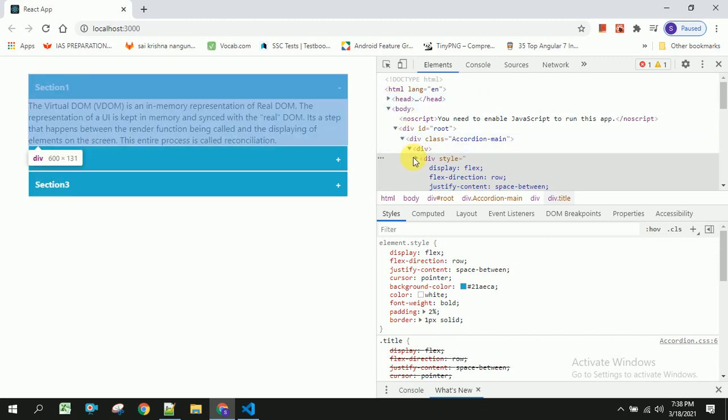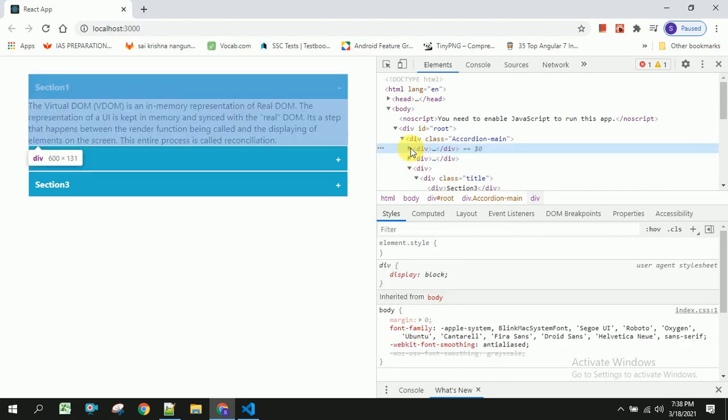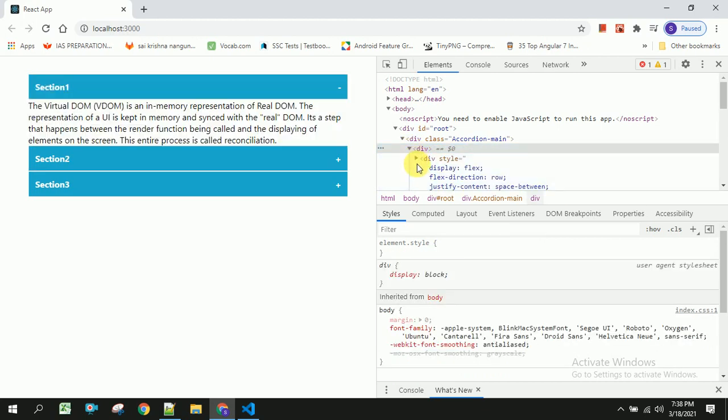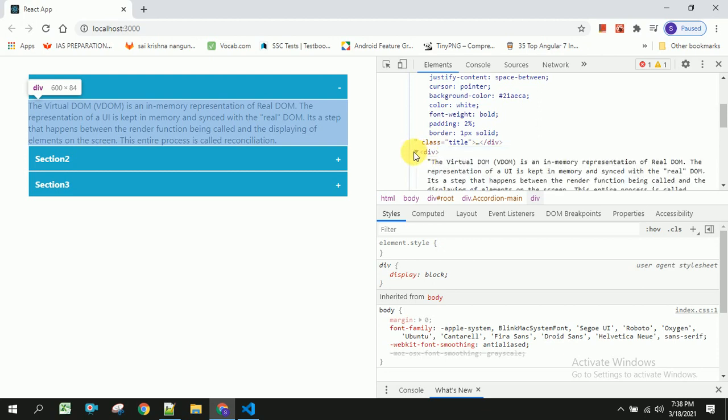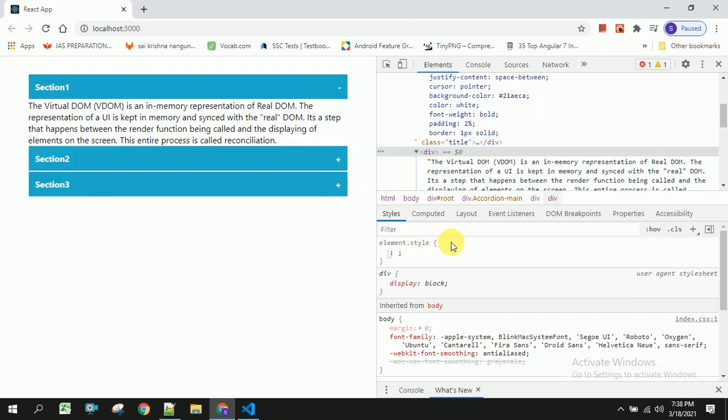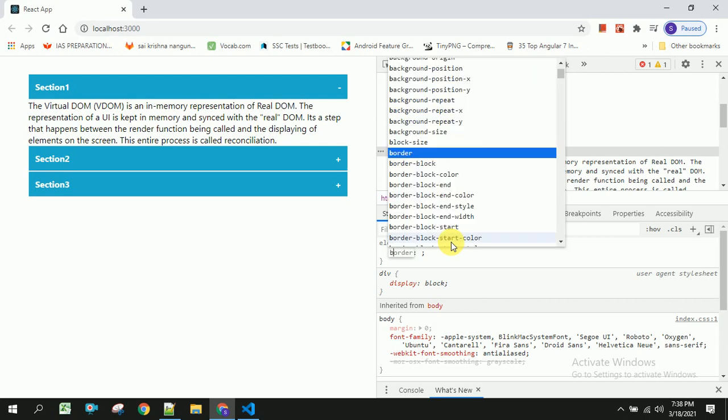Now I am going to add the styles to the description. So this is the description part. Here I am going to add some different background color to show the difference.